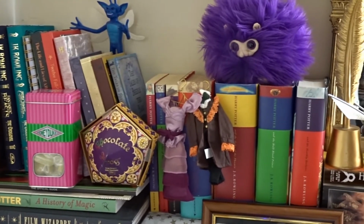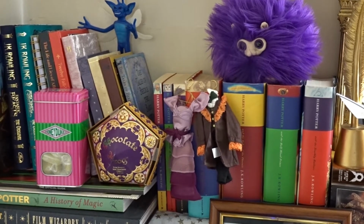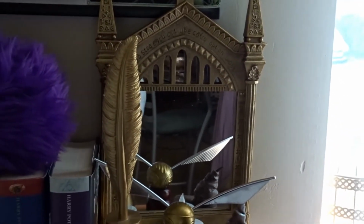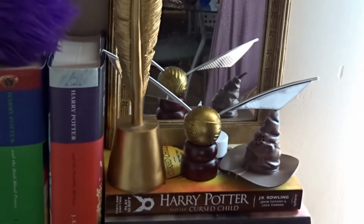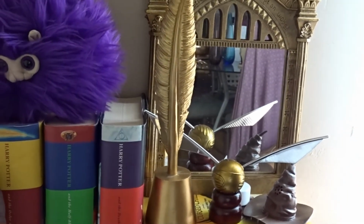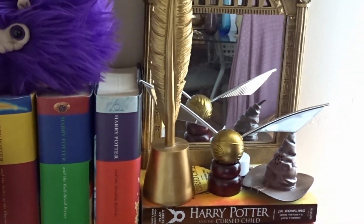Then I got Hermione's and Ron's clothes from the Yule Ball. And then over here I've got the Mirror of Erised, which I bought from Primark. Over here I've got a quill from Poundland, actually, which I thought went very well with the whole Harry Potter